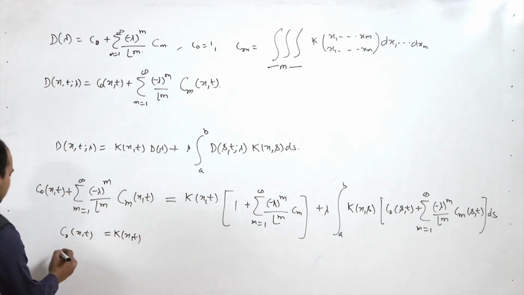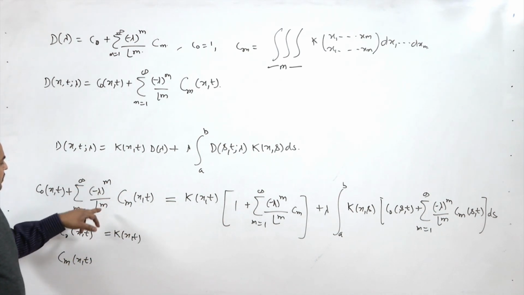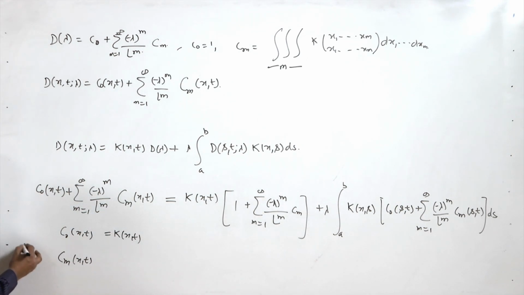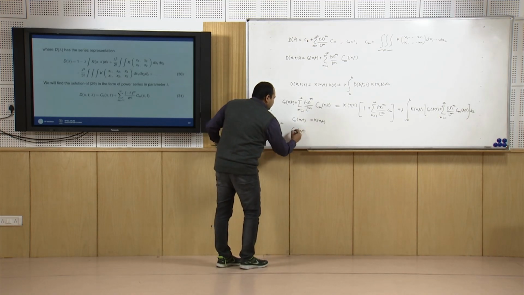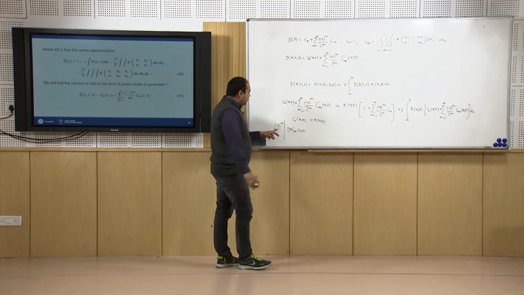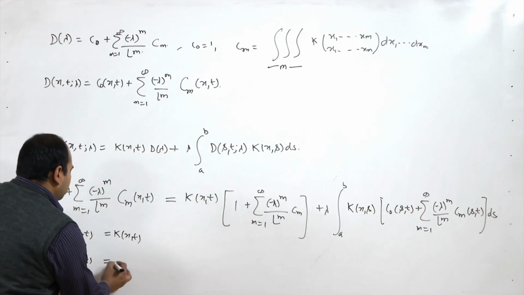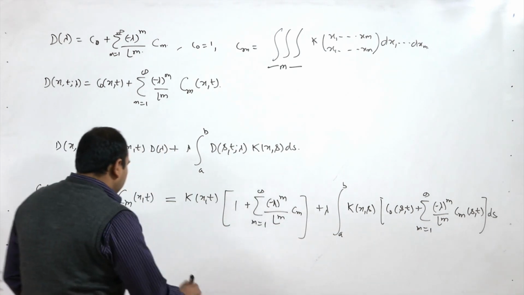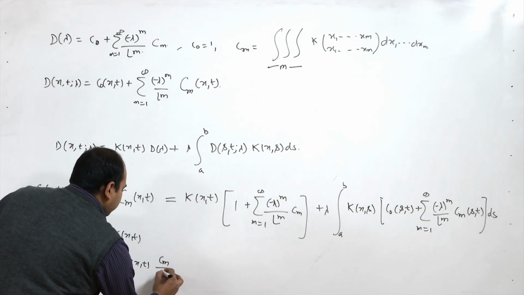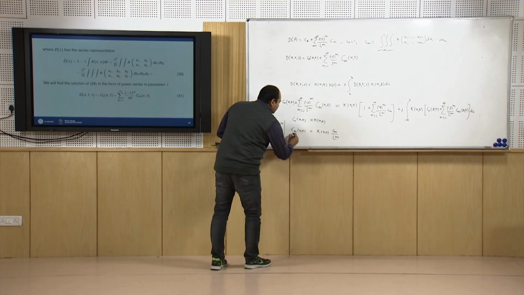Now to find out Cm x t, so what is Cm x t? Cm x t I can consider as the coefficient of minus lambda to power m upon factorial m. So we need to find out the coefficient of minus lambda to power m upon factorial m, or you can say just find out the coefficient of minus lambda to power m. So it is factorial m into Cm x t. So here we have factorial m Cm x t equal to k x t, and then here what we have as the coefficient of minus lambda to power m is small cm divided by factorial m. I think something is wrong here, this is not multiplication, it is divided by factorial m,